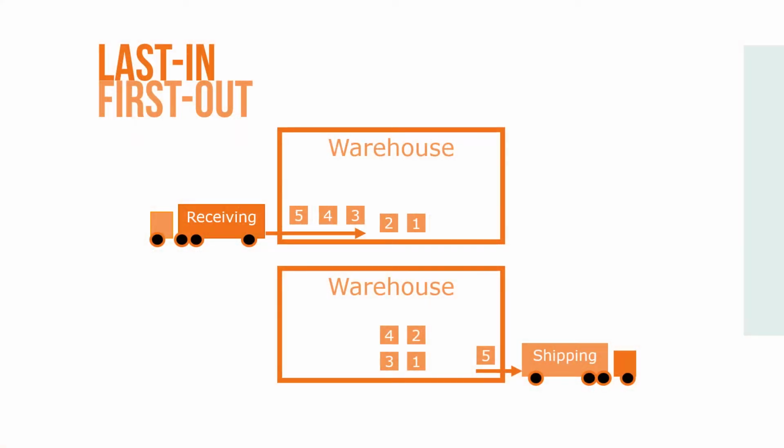The last in, first out method, illustrated here, assumes that the items purchased last are sold or removed from inventory first. The items in inventory at the end of the year are matched with the cost of the items of the same type that were purchased earliest. Therefore, items included in the ending inventory are considered to be those from the beginning inventory plus those acquired first from purchases. This method involves taking physical inventory at the end of the year or accounting period and assigning cost in the same order in which the purchases were received.